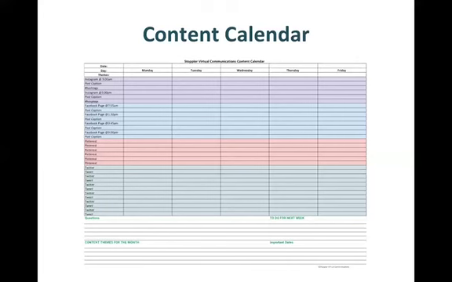Because planning and scheduling for your Instagram, creating your content, doing all of that is such a creative process. I think why it's easier when you have a calendar or when you have some time set aside to plan it like this, it's easier because being creative, it's hard to turn that light switch on and off. And I find that, at least for myself, maybe you guys are different, but once I'm on a roll, I can hash out a whole bunch in an hour or two. But if I have to fit it in 15-minute little snippets of my day, then that's when it gets really difficult and really overwhelming.